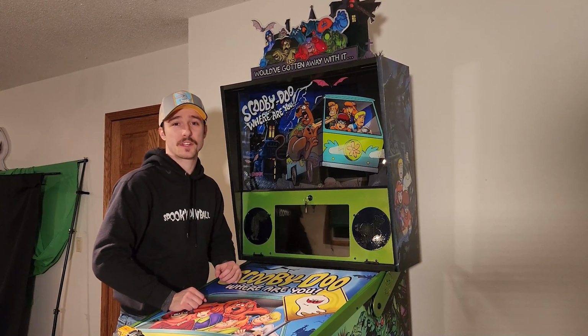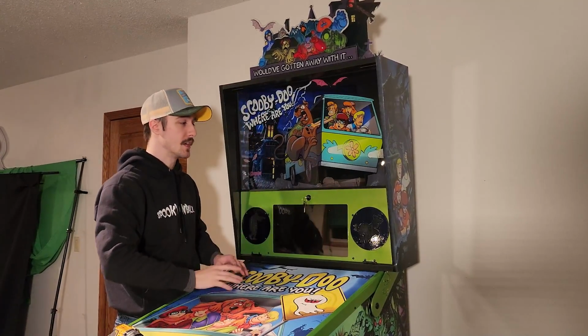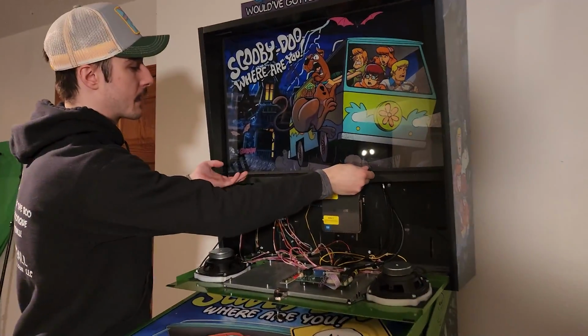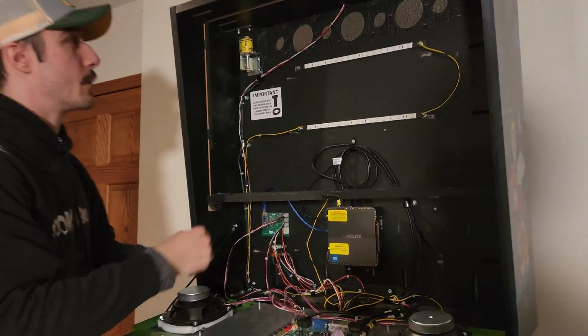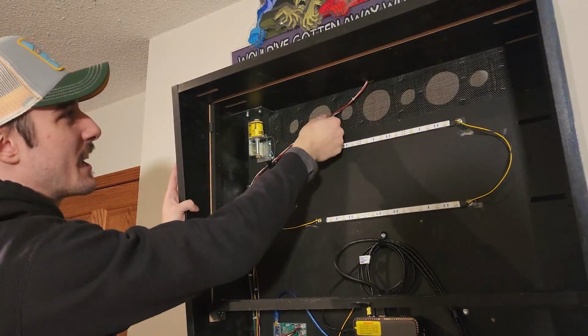Alright, so the first step in this whole process is going to be to remove your original topper. So to start with that, we're simply going to open our display and take out the back glass. And then after your back glass is out, you're going to be unplugging and unrunning this one cable that goes down